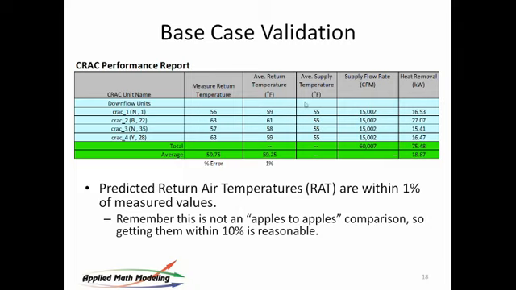The return temperatures were predicted to be 59, 61, 58, and 59, and the measurements are shown here. So the average error here is 1%. It came in quite nicely. Now, we want to point out that this is not quite an apples-to-apples comparison, because the return temperature is not